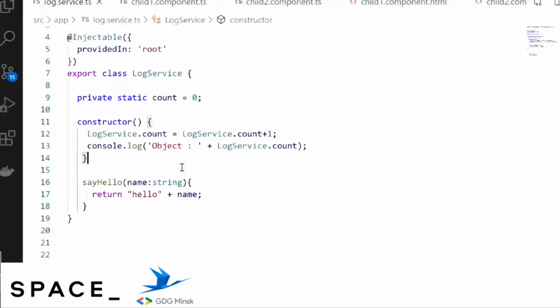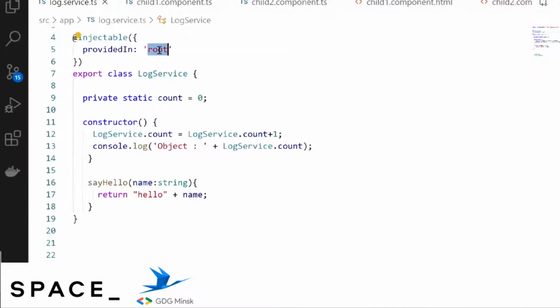So by using providedIn root, it is creating a singleton service, meaning the same object is used, and it is tree-shakable as well. However, it is always tree-shakable if it is set to root, but it is not always singleton, and that depends on the configuration.